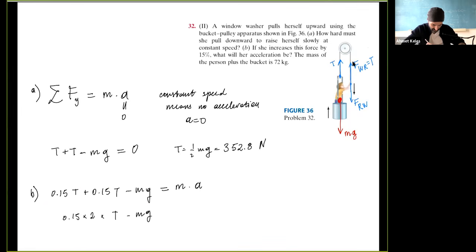But T is equal to 1/2 mg. So let's put this guy in. T is 1/2 mg. So these twos nicely cancel. Then this is equal to mg parenthesis